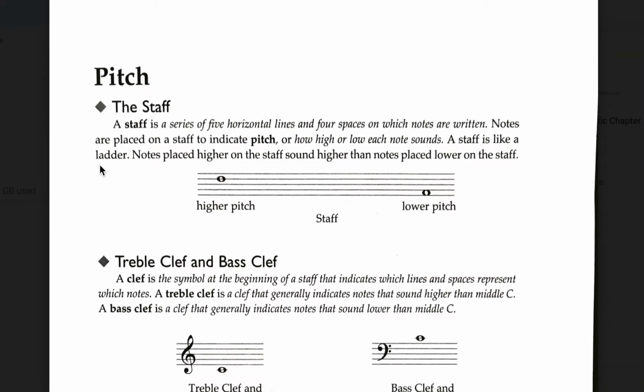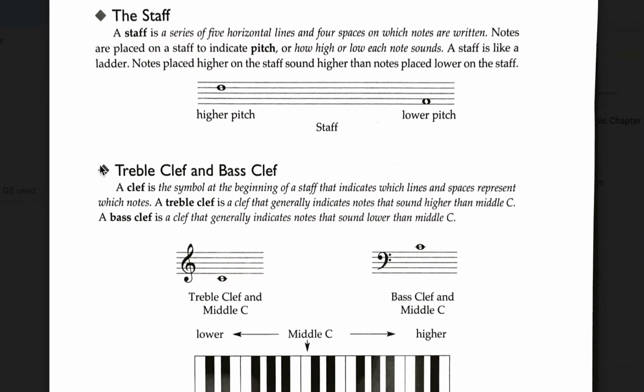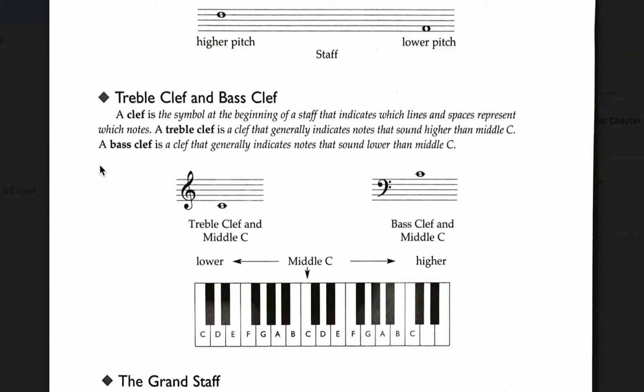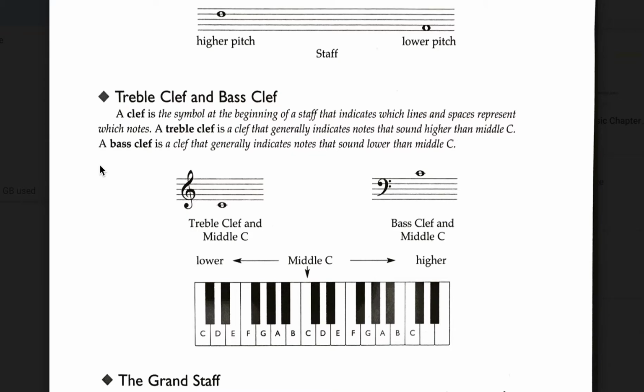Hopefully good. All right, moving on to the staff. So the staff is a series of 5 horizontal lines and 4 spaces on which notes are written. Notes are placed on a staff to indicate pitch, how high or how low each note sounds. A staff is kind of like a ladder. If notes are placed higher on the ladder or on the staff, it will sound higher than notes placed